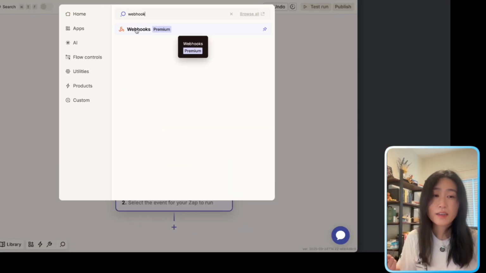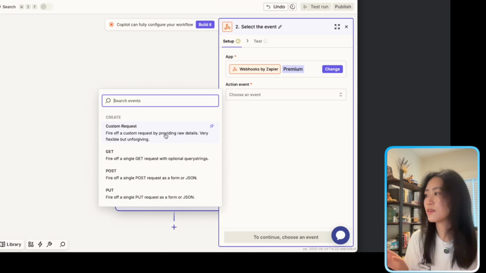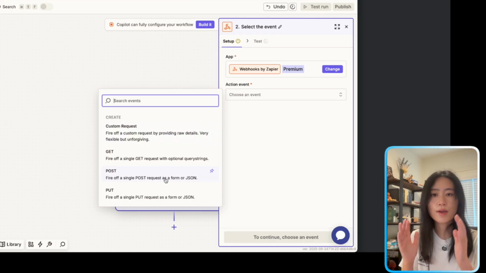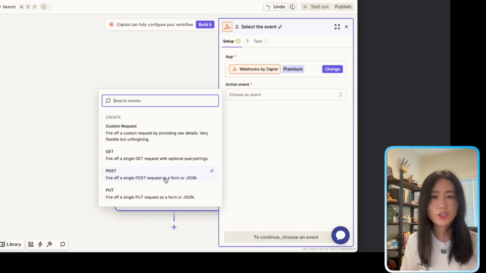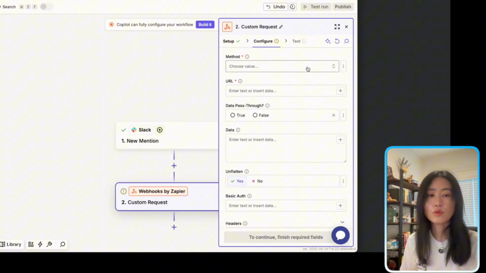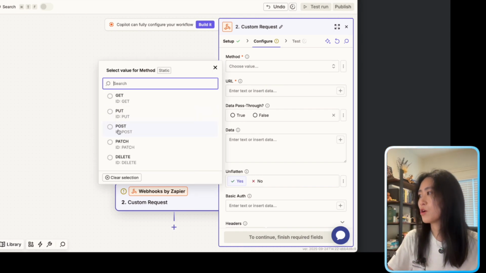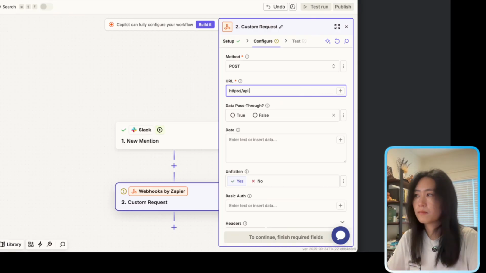Unfortunately, webhook is a premium feature, so it's not free. Select the custom request, because the custom request, compared to a regular post request, lets you post the whole data JSON. So it's a little bit easier. Continue. And then we're going to make a post request to OpenAI's response API. So we'll select post. URL will be